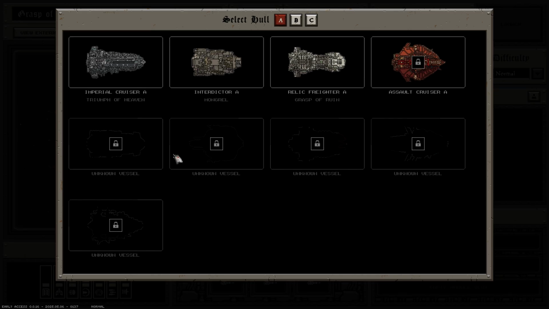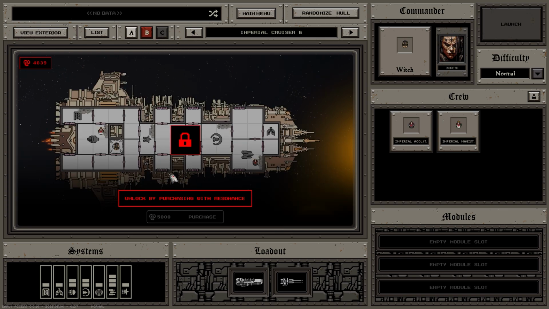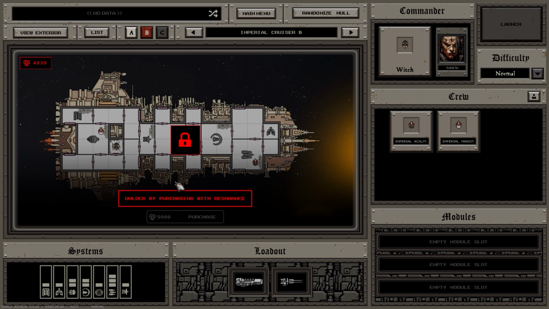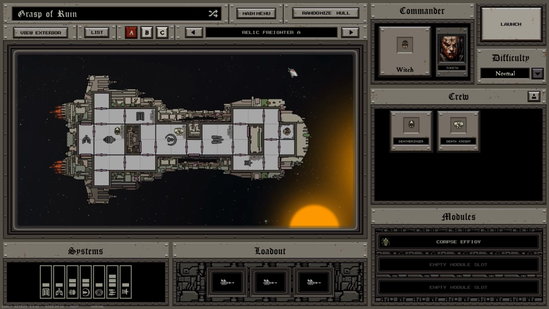And in terms of the ship list, you start with the Imperial Cruiser A, and I think the ships can have up to 3 variants. So again, you have to unlock the variants with your money. And the variants have a physically different layout as well as different systems and weapons, that sort of thing. What I'm going to do is go over to Relic Freighter A, and the reason for that is we're going to try and do a bit of a different playthrough in terms of we're not just going to do shields and guns, we're going to do boarding because